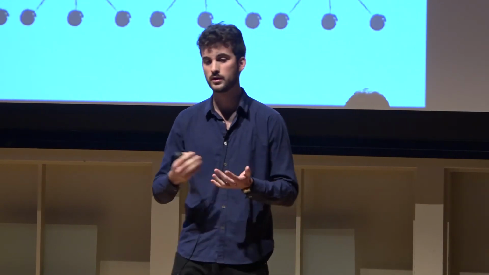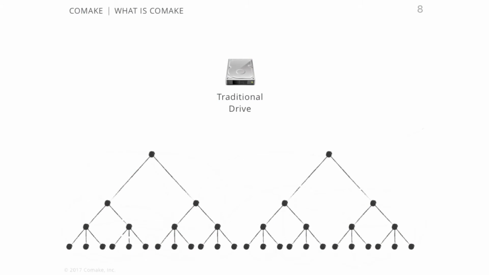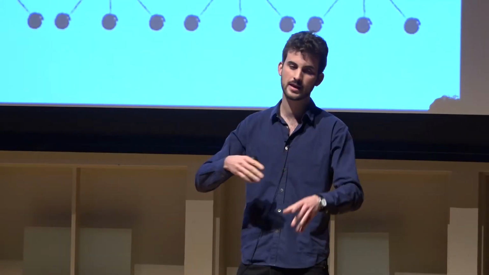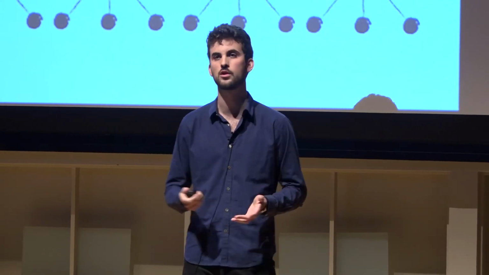What is the product? What exactly are we doing? This is probably how your drive looks today, just basic hierarchies with information stored in a way that's largely based on how information was stored in libraries, physical products, or books that had to be put under one type of categorization. Today, when you're interacting with your content, you're really attaching it, making copies, sending it in emails, putting it in tasks, messaging platforms, and it starts to get messy and you start to have a lot of confusion as you interact with it more, as you do more work over it.